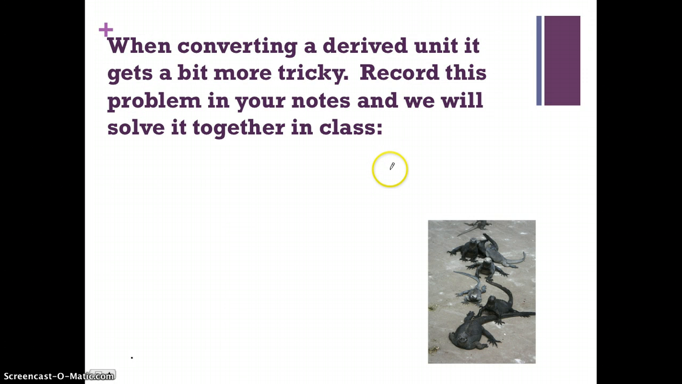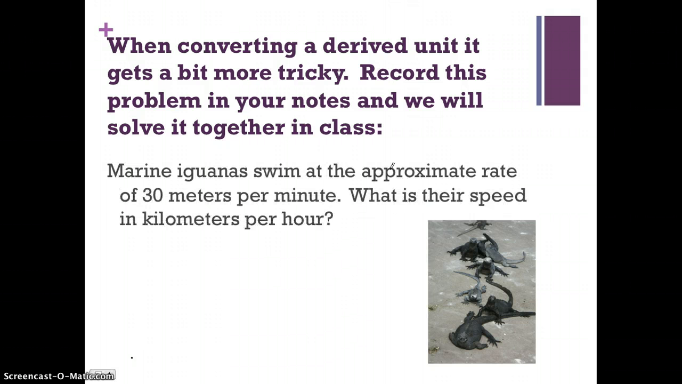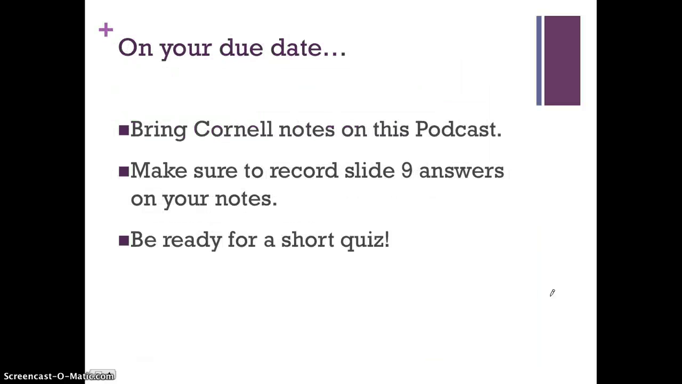Okay, when converting a derived unit, it becomes a little bit more tricky. So record this problem in your notes, and we will solve it together in class. Here we are, marine iguanas, and there's a picture down here of some marine iguanas all lined up sunning themselves. They swim at a rate of 30 meters per minute. What is their speed in kilometers per hour? So go ahead and pause this, write that down. Don't solve it yet. Let's do it together in class. So when this assignment